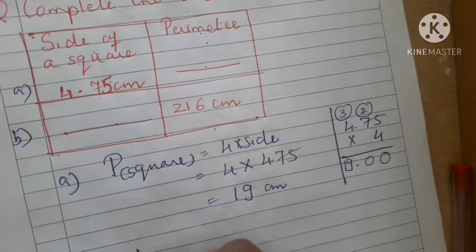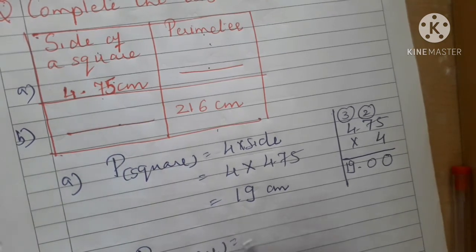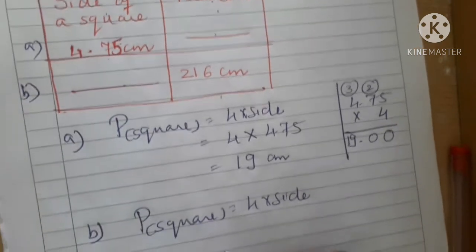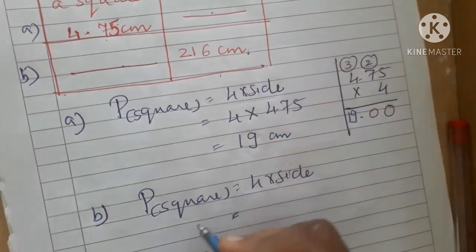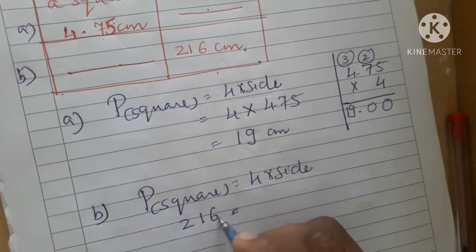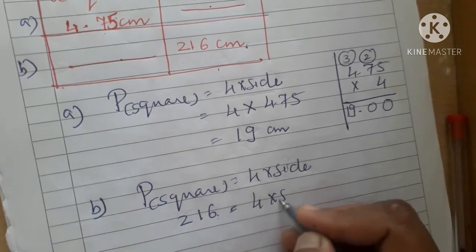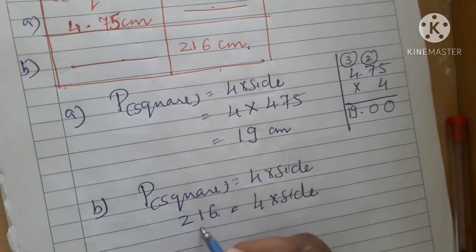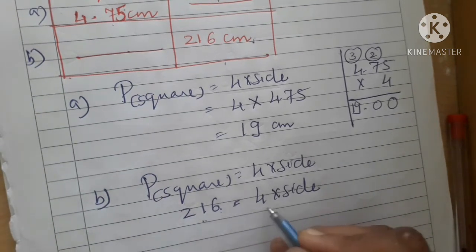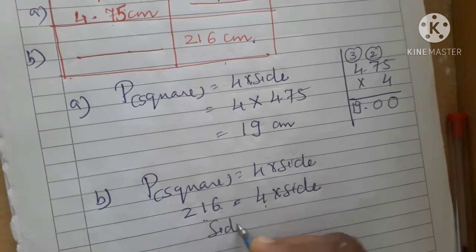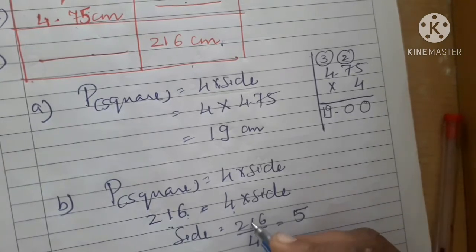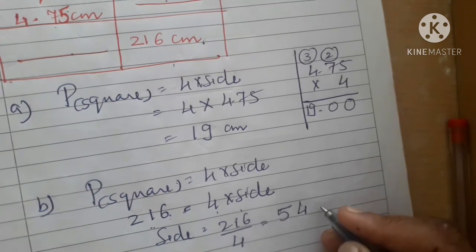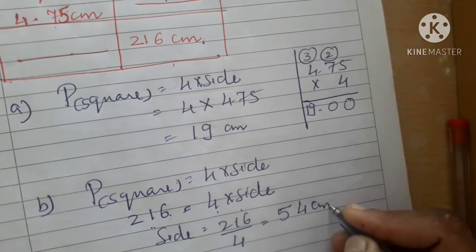2 goes as perimeter of a square. Again I can write it as 4 into side. So here the perimeter column is given, which is 216. So below perimeter you have to write 216, that is 4 into side. So 216 is equally divided into 4 parts. So what is the side here? That is 216 divided by 4. So 4 5s are 20. So 1 will be left out and 4 4s are 16. So this much centimeter, right?